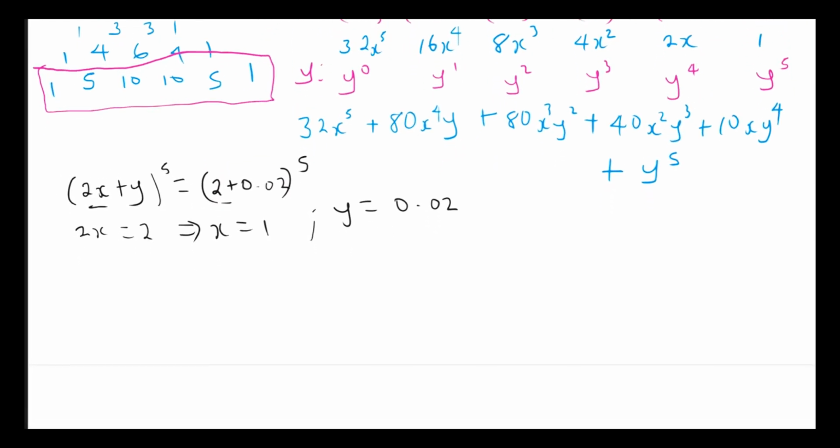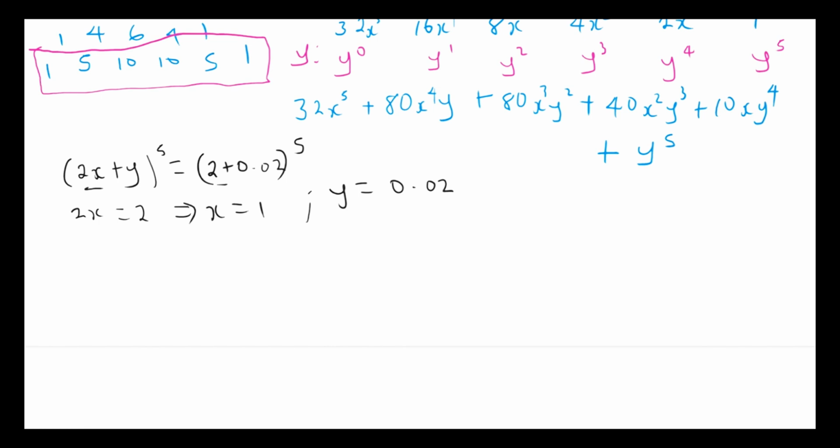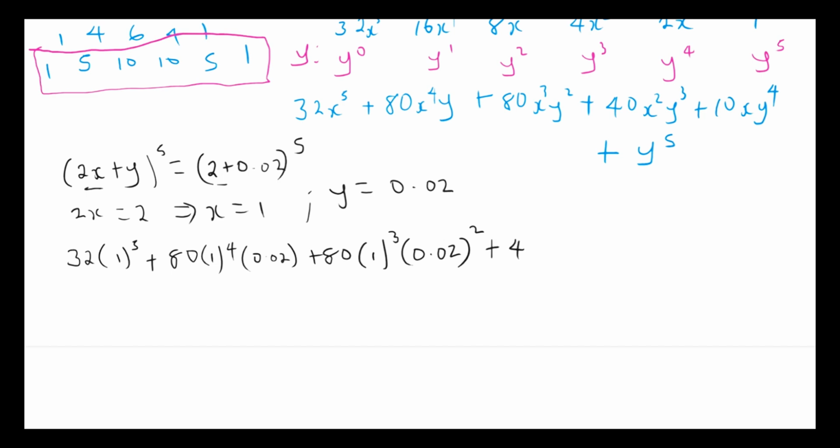So the next thing would be to use this expansion to solve for this numerical by just keying in the respective values of x and y in that expansion. So we'll have 32 into x power 5, and remember x is 1, so 1 power 5, plus 80 into x power 4, that is 1 power 4, and y power 1, so y is 0.02, then plus 80 into x power 3, that is 1 power 3, and then y, which is 0.02, raised to power 2, plus 40 into x power 2, that is 1 power 2, and y now to power 3,